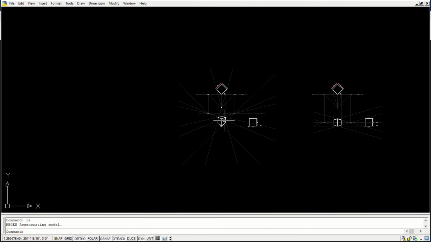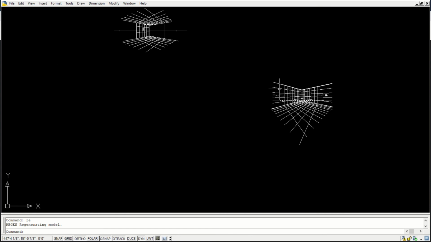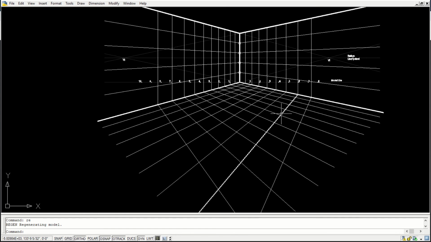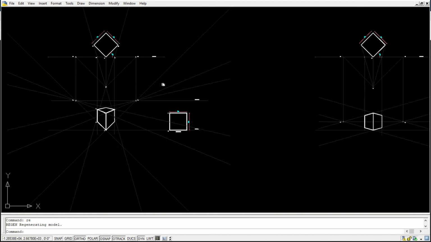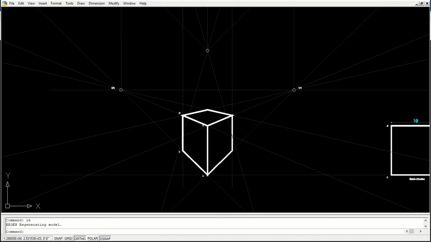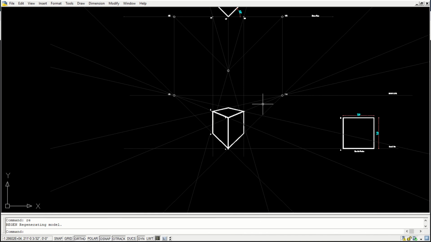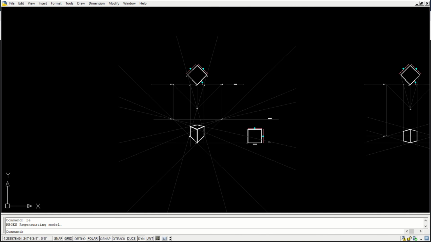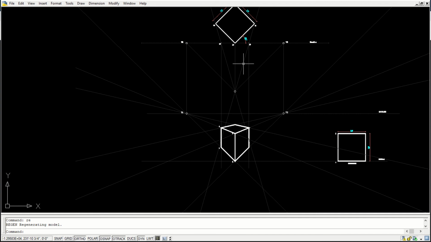So this is 2-point perspective by grid method, and this is 2-point perspective by projection method.